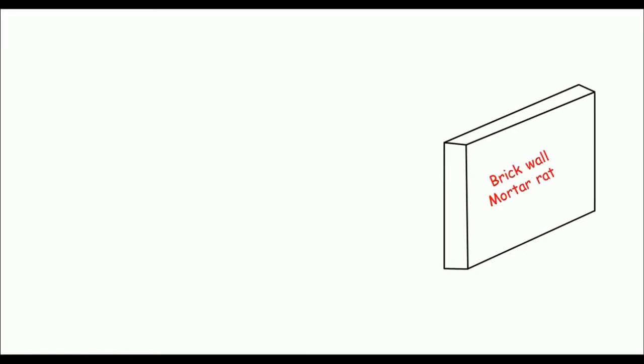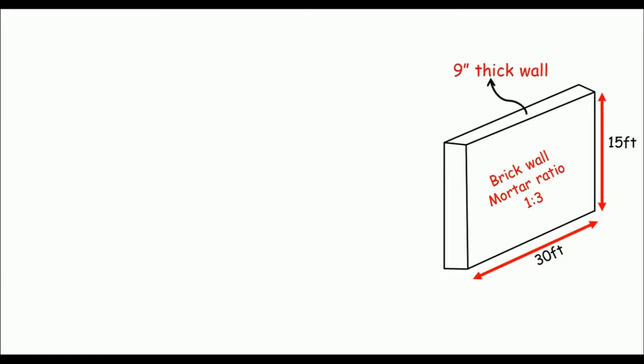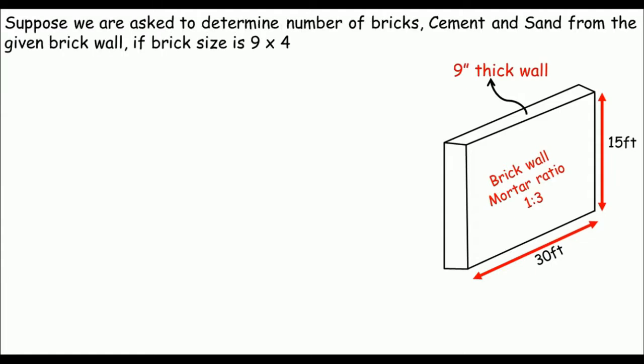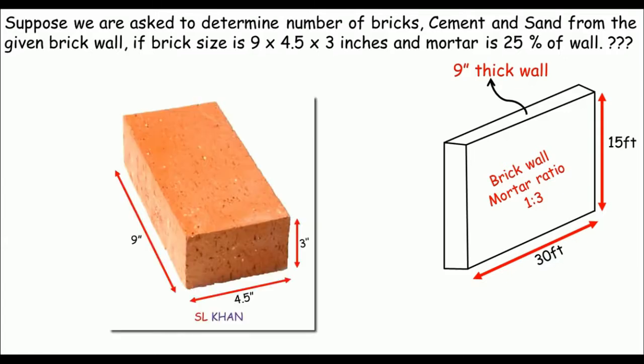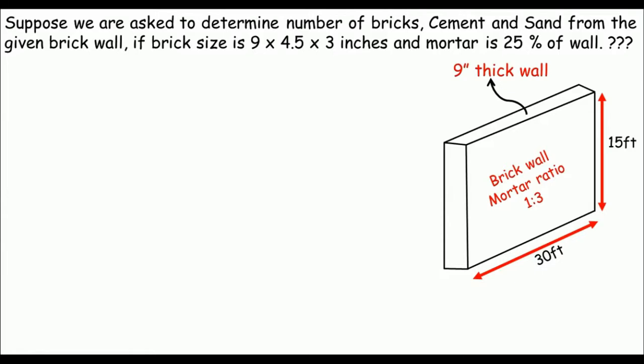Let's just suppose we have a brick wall like this one. The length of the brick wall is 3 feet, its height is 15 feet, and let's suppose the thickness of the wall is just 9 inches, right? And let's suppose we are asked to determine number of bricks, cement and sand from the given brick wall if the brick size is this one. This is of course in inches, right? 9 times 4.5 times 3 inches. And let's suppose the mortar is just 25% of the wall, right? If the data is just enough to determine the number of bricks, cement and sand, of course,